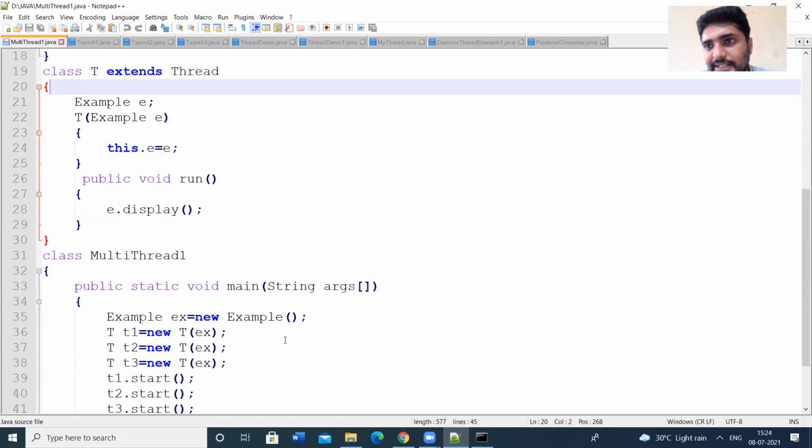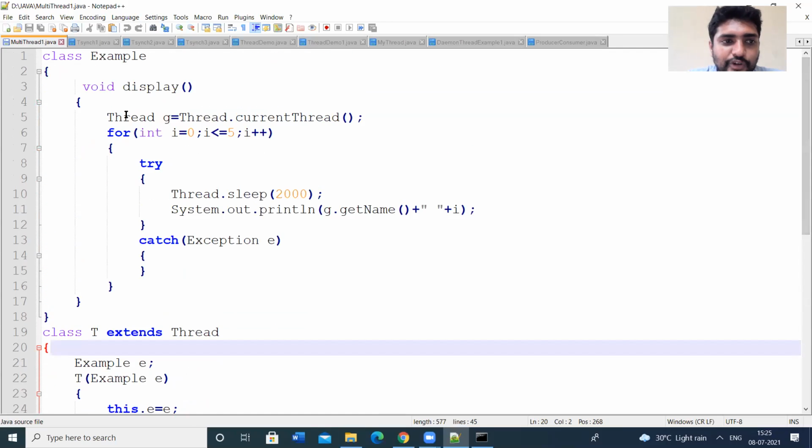So this is multi-threading: multiple threads are created. That means we need multiple run methods. If you have multiple run methods, each thread will execute the corresponding run method. If you have only a single run method, then all threads will execute that single run method.